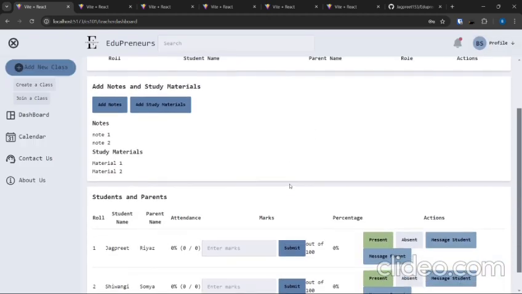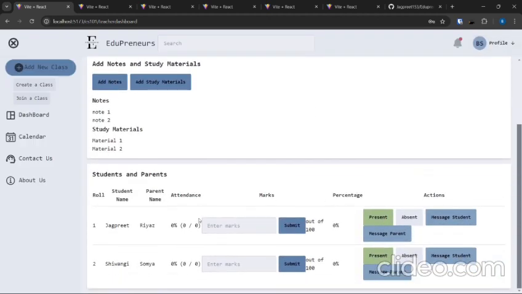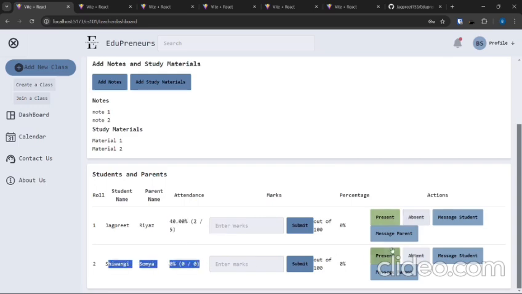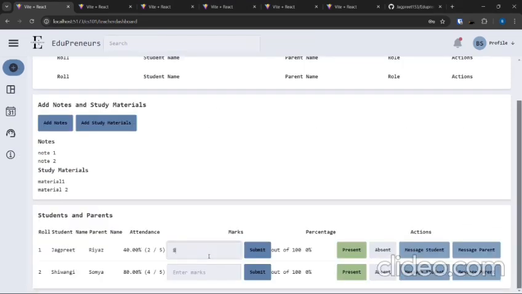In the student parent section, teachers can mark absent and present to track the attendance record. Teachers can also fill in the marks of the students and track their percentage.